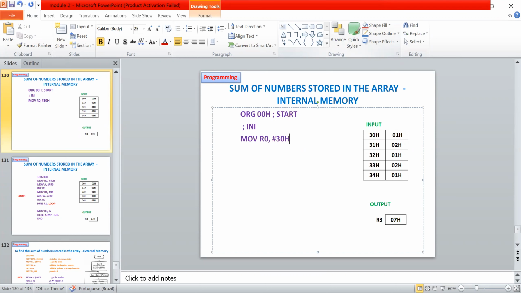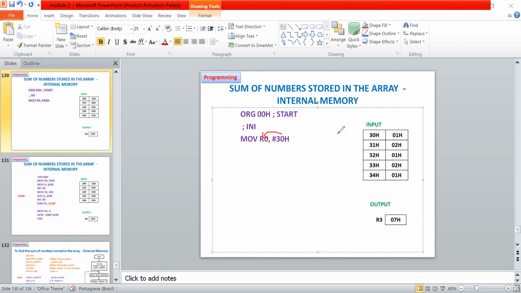Now here you can see that I have placed this 30 into the R0 register. As of now we are moving 30 to the R0 register, but we are not pointing to the corresponding location.